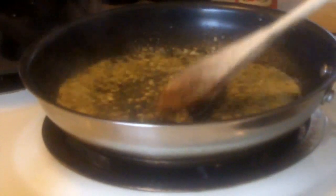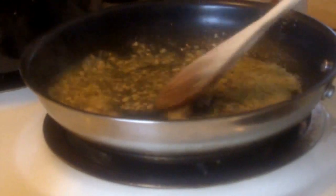Okay. Be careful, you do not want it to burn. Okay, and that's going to cook and soften up. I'm going to add a little garlic powder. I'm going to add some basil. Mind you, this is going to be the sauce. So when you're seasoning, keep that in mind that a lot of your flavor is going to come from this mixture. It doesn't look like much, but we do have the oil that we're going to use to